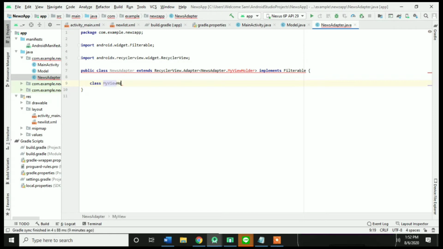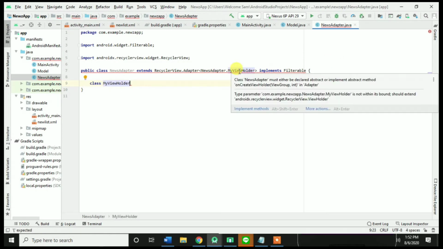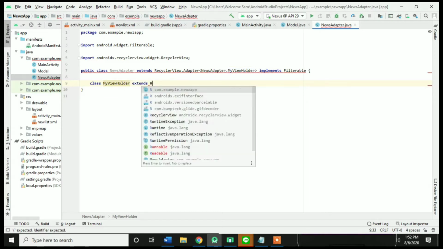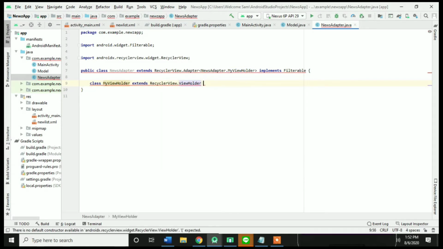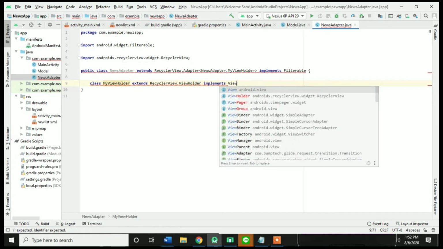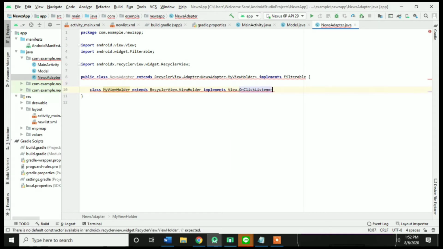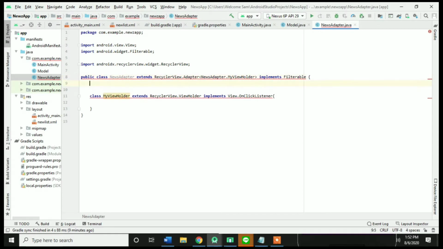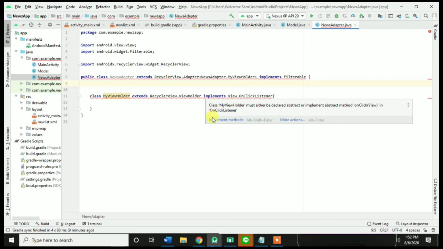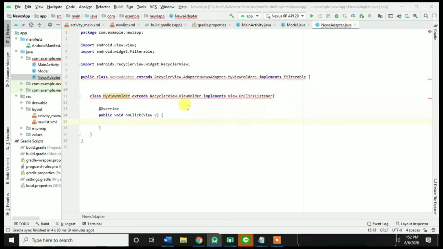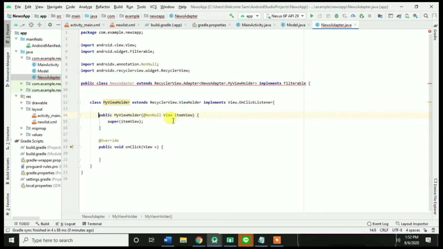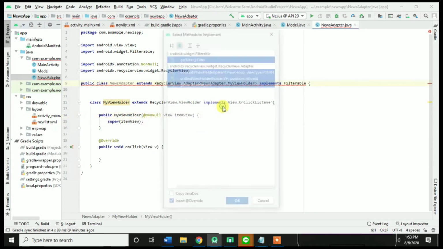Class holder, because we have written my view holder here, and extend RecyclerView.ViewHolder and implement View.OnClickListener, because when we click on the view we want it to divert the click to the main source. Let's say the news is from CNN, so we have to make sure that our views are clickable. Yeah, so here after this we will implement methods, and also it will still give us an error because we need a constructor. And here we will implement the methods,